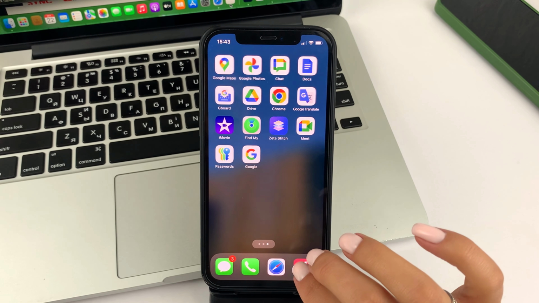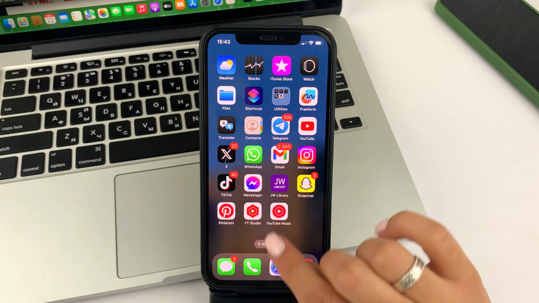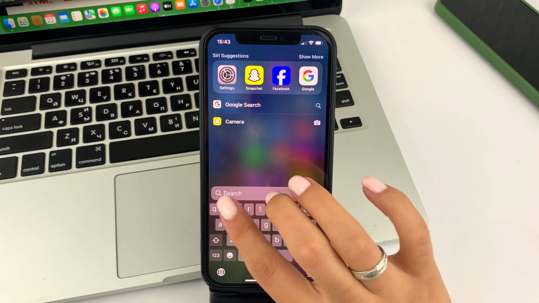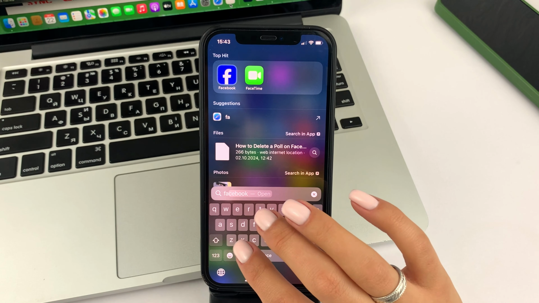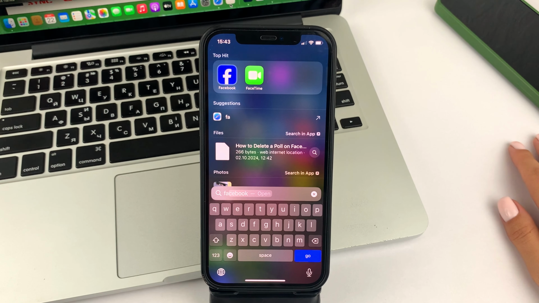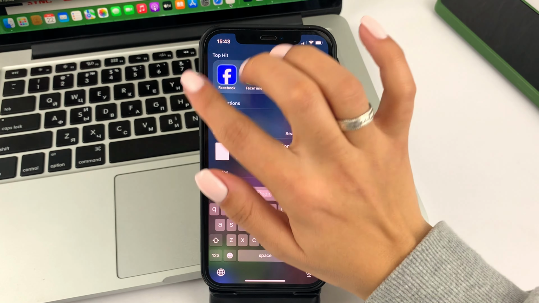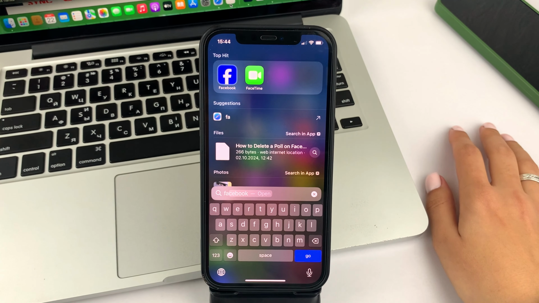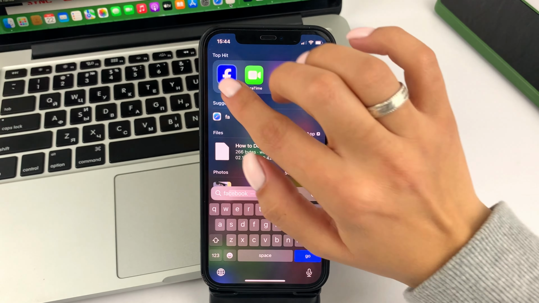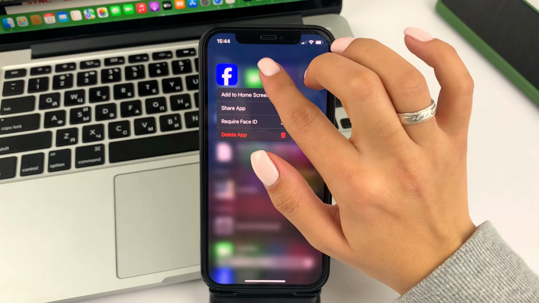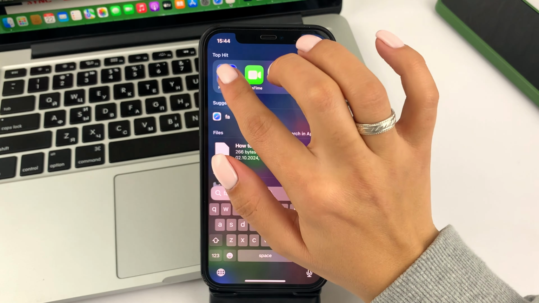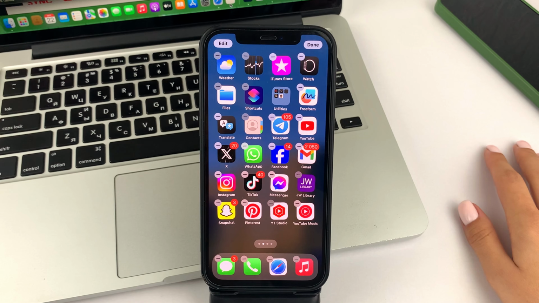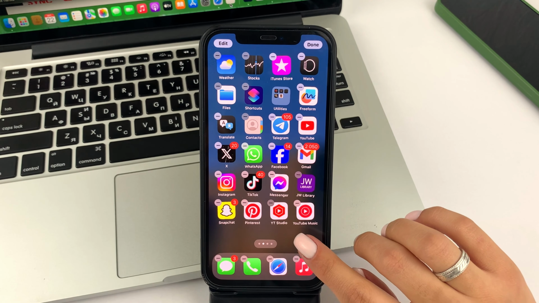After that, friends, go back, swipe down from the top of the screen. And now you can type the name of the previously hidden app into the search box. As you can see, now Facebook is showing up for me. And next, to bring it back to the home screen, you need to press and hold and pull up this app like this and set it to the place you like. To commit the change, just tap on the empty space on the screen. That's the way to do it.